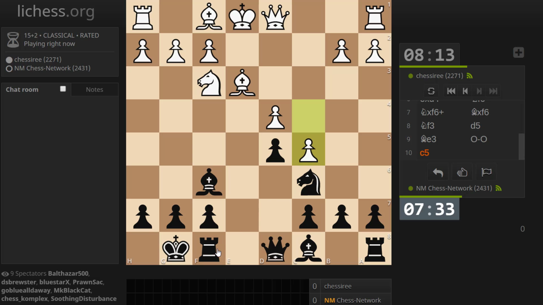Let's see. Bishop G4, Bishop F5. Yeah, I'm hesitant to do this, so I think I want to drop my bishop on one of these two. Bishop G5 and H3. I could just take, and then take on D4. So bishop to...